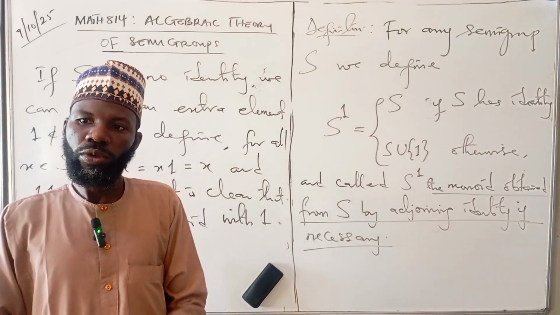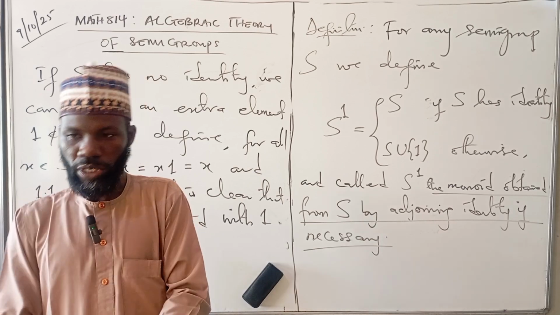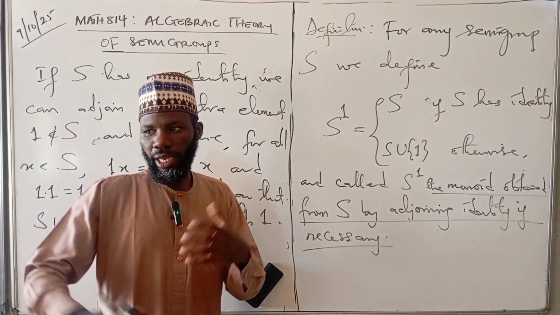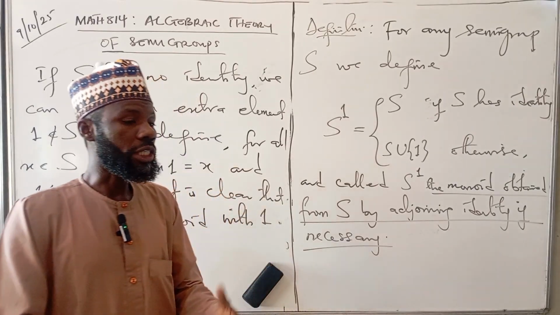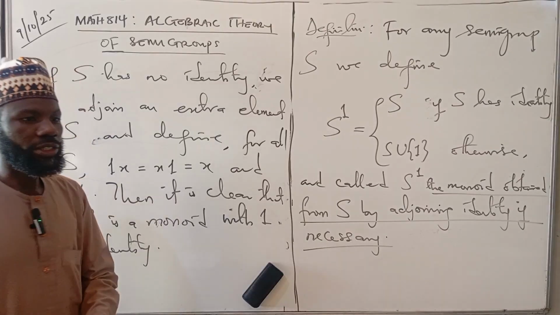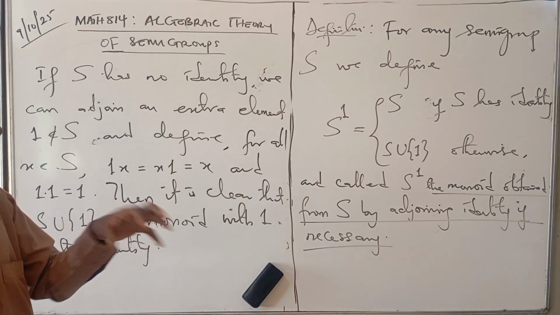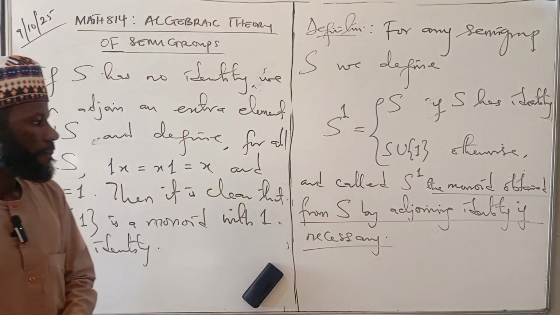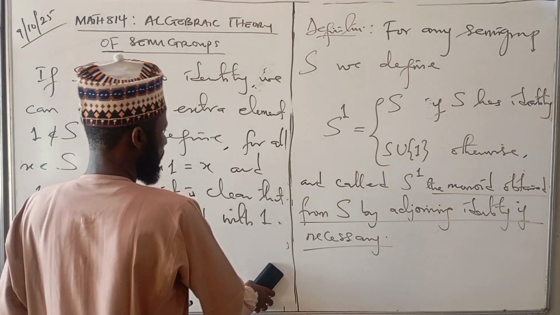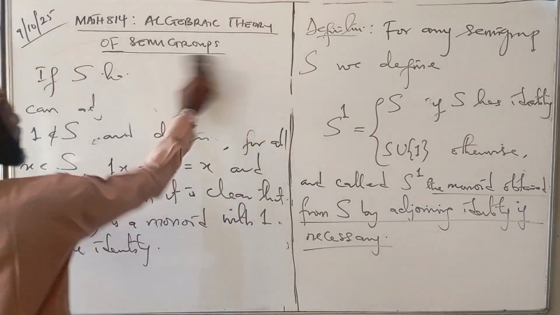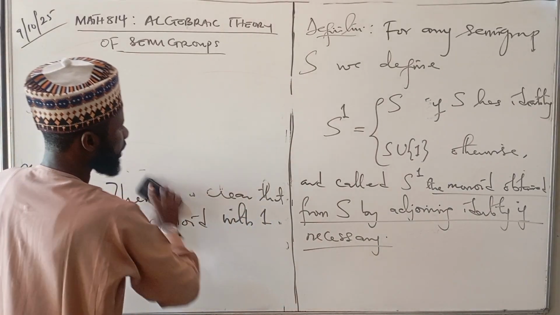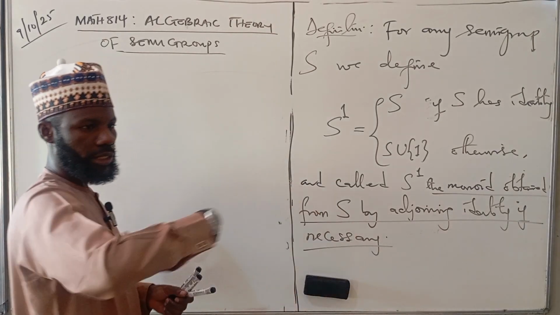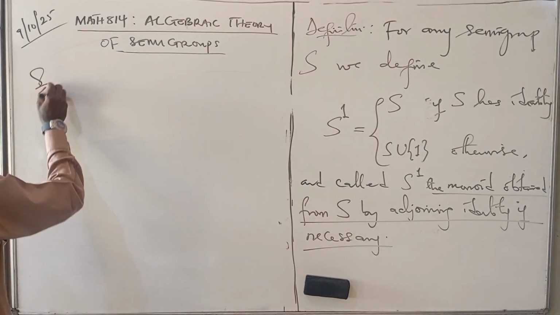You are working with a semigroup and you realize that you need identity for some reason, you can always bring the identity and extend the binary operation to cover that identity. And you call the resulting monoid the monoid obtained from S by adjoining identity if necessary. Okay? We can do a similar thing with the zero elements. If you don't have zero element, you can also introduce it by this adjoining. Okay? So similarly,